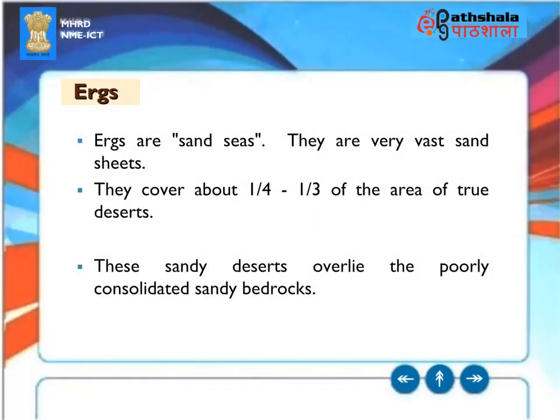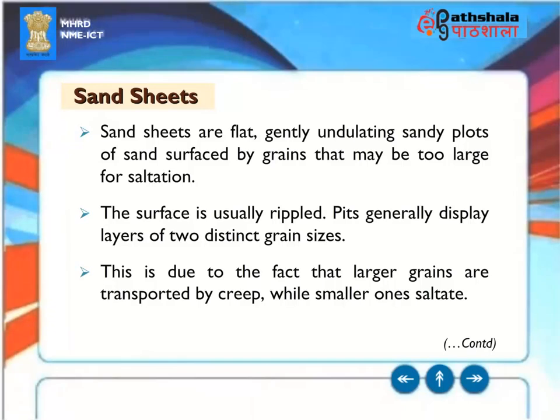Ergs. Ergs are sand seas. They are very vast sand sheets. They cover about 1/4 to 1/3 of the area of true deserts. These sandy deserts overlie poorly consolidated sandy bedrocks. Sand sheets. Sand sheets are flat, gently undulating sandy plots of sand,